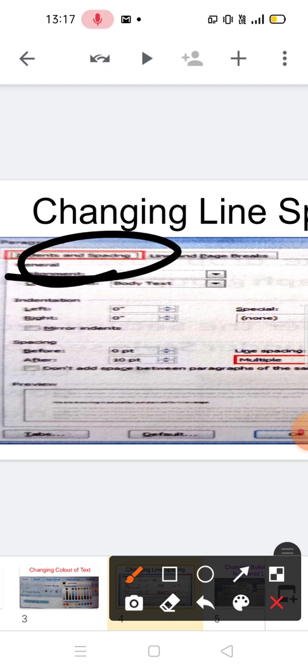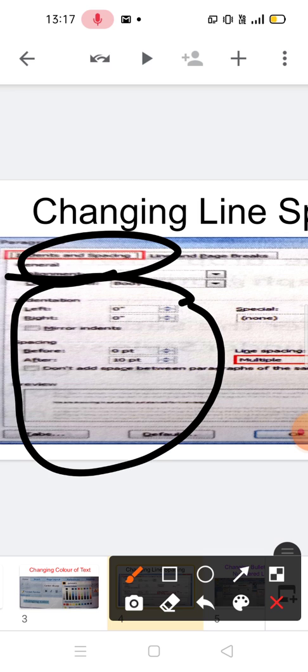Here you can see. After that, you can select the desired option of line spacing. Here you can choose the different options you desire from the drop down list, and then click on the OK here and notice the changes.